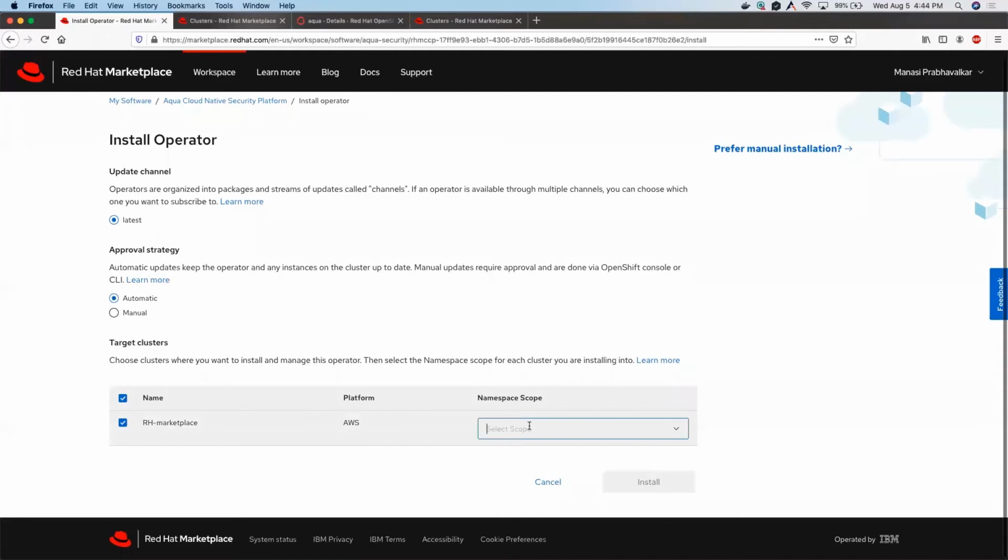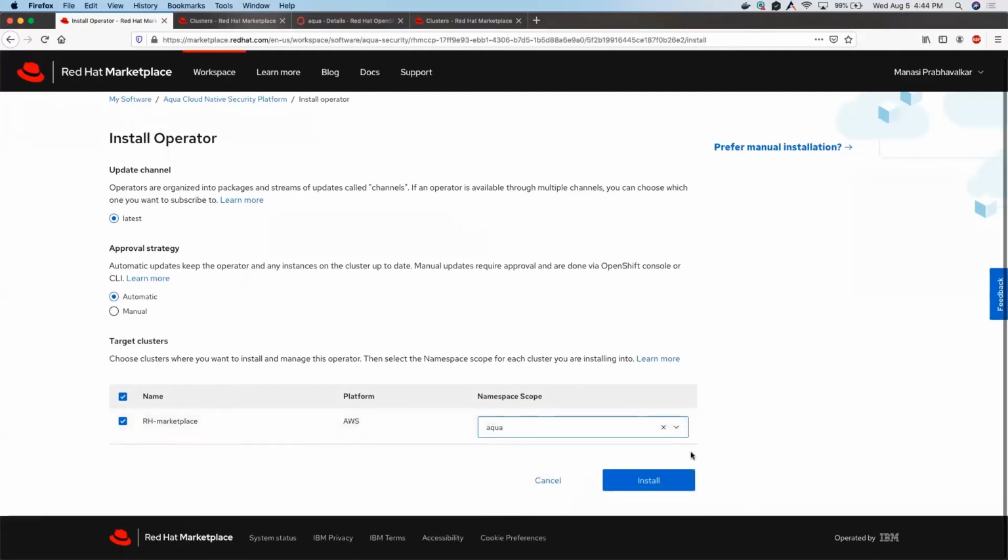Once that is done, the project appears in my drop-down menu, and I can just click on Install.